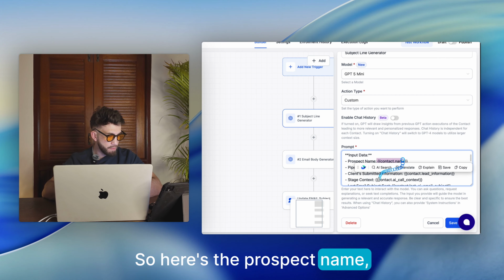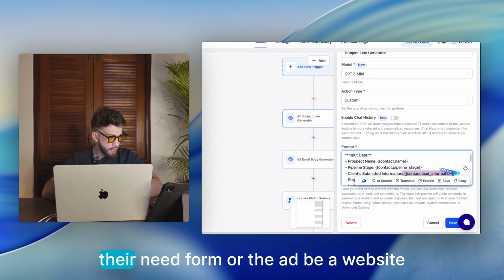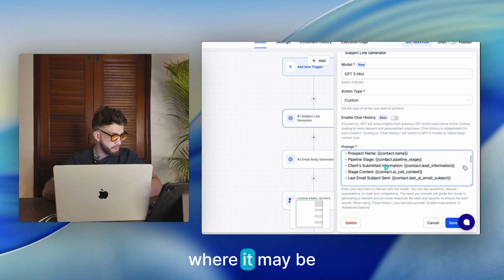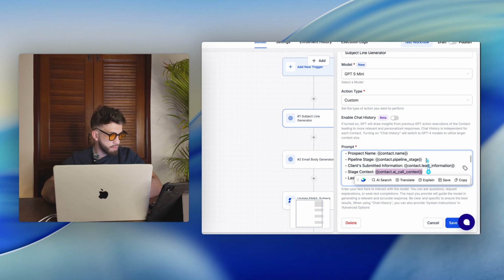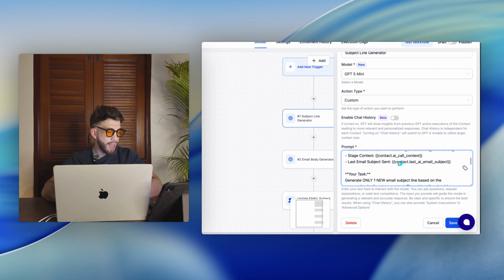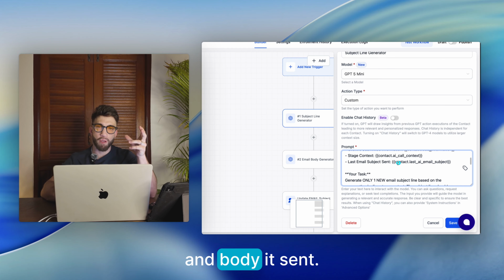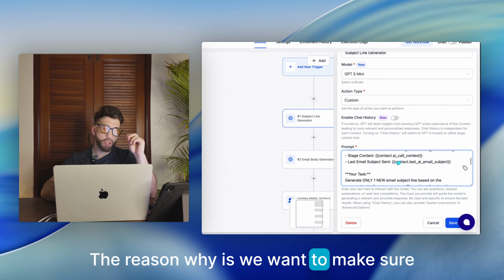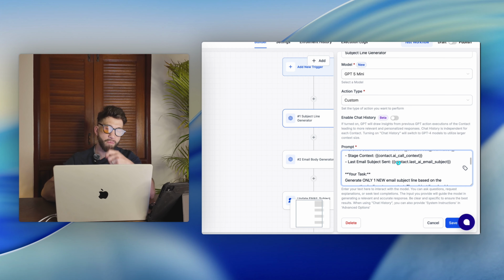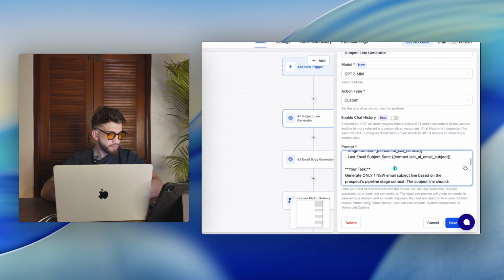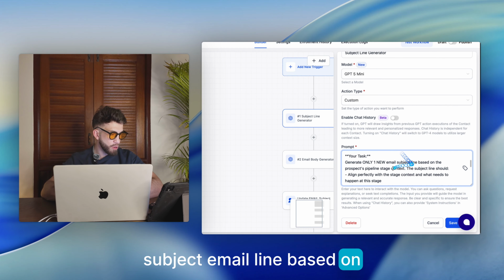So here has the prospect name, the pipeline stage, the information they submitted within their lead form or the ad or your website, wherever it may be, the context, so a summary of all that information, and then a check on the last email subject and body it sent. The reason why is we want to make sure every time we send an email, it is always a different email, but relevant. So, your task is to generate only one new subject email line based on the project's pipeline stage and context,